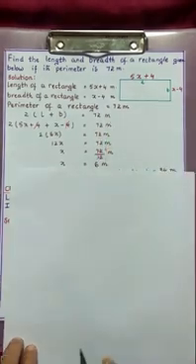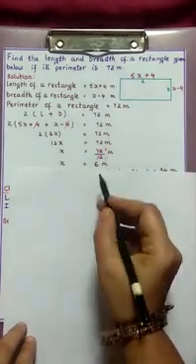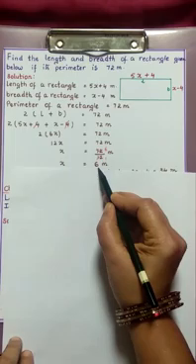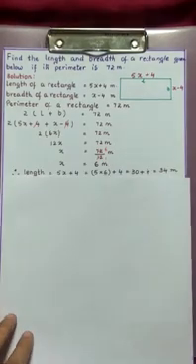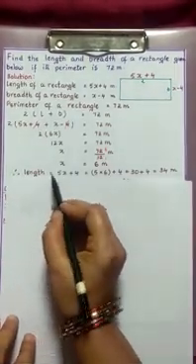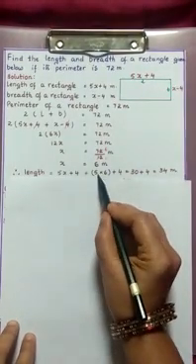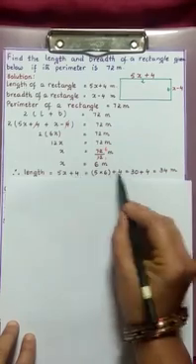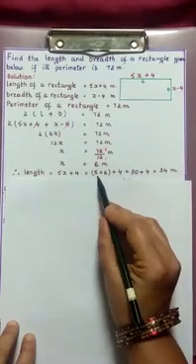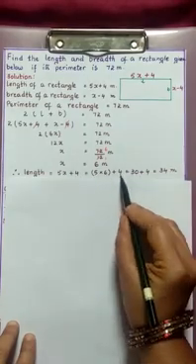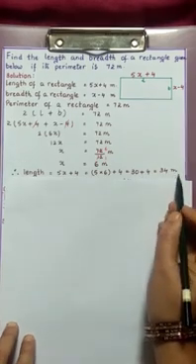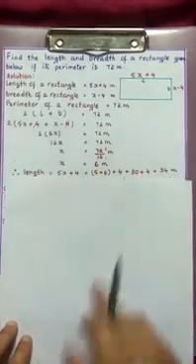Now we can find easily the dimensions by substituting the value of 6 in place of x. Now let us see. Length is 5x plus 4. 5x means 5 into x. So 5 into 6 plus 4. So write as it is plus 4. 5 sixes are 30 plus 4, 30 plus 4 which is 34 meters. This is our required length.